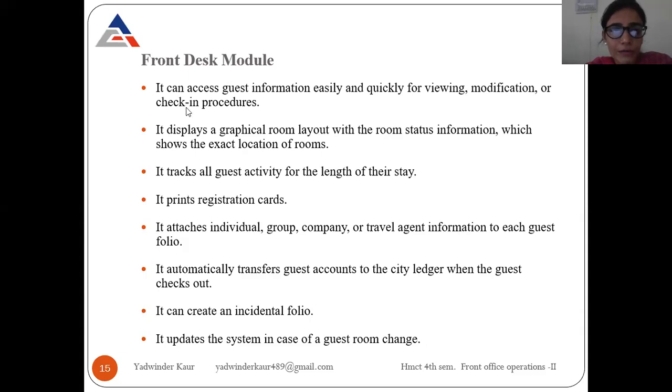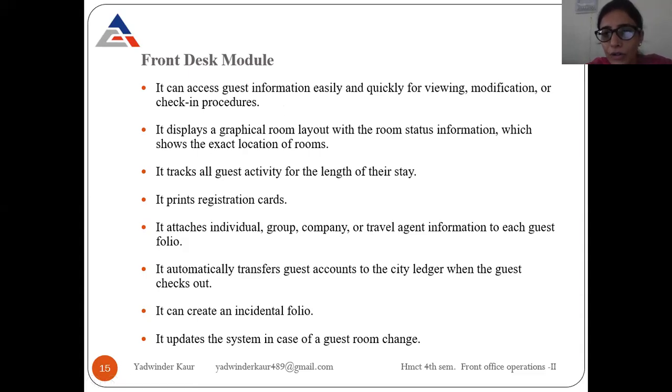The front desk module can access guest information easily and quickly for viewing, modification, and checking-in procedures.